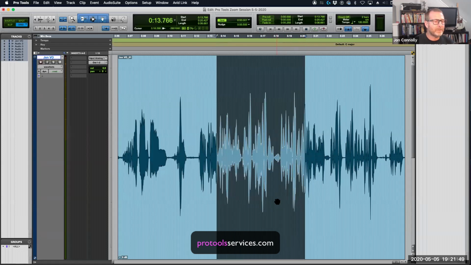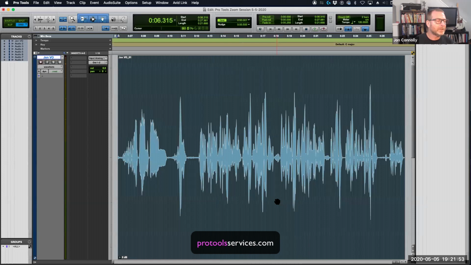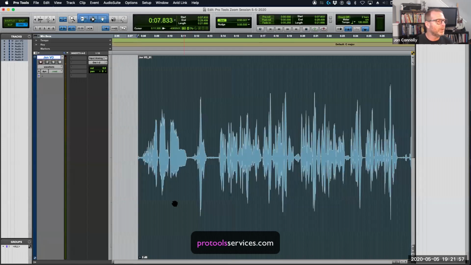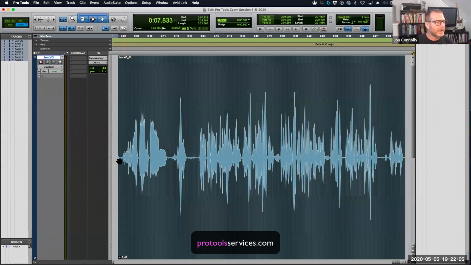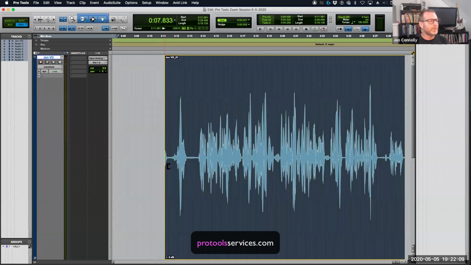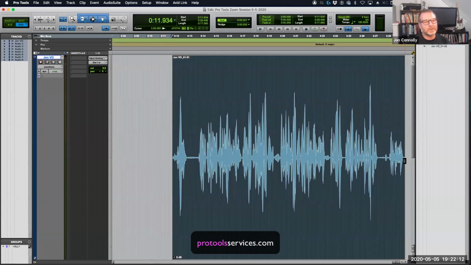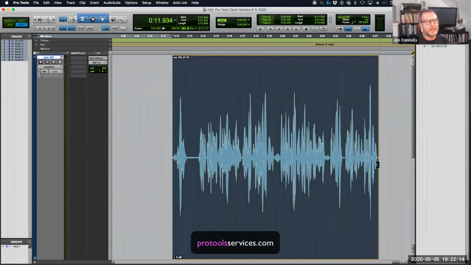The bottom half of the clip is the hand tool or the grabber tool, and that allows me to grab the entire clip. I can move it if I want to, or if I grab the clip, I can move it down onto another track, whatever you want to do there. That's the grabber. Either end of the clip, it turns into the bracket or the trim tool. So I can trim off the beginning, or I can trim up the end.